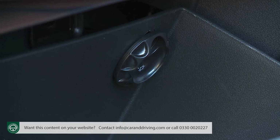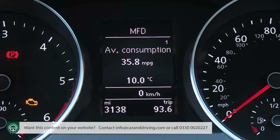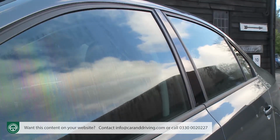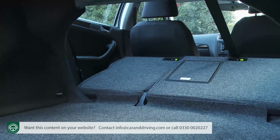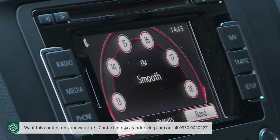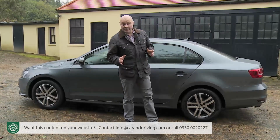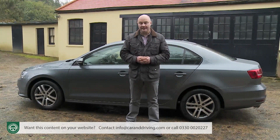And inside there's air conditioning that also cools the glove box and includes a dust and pollen filter. You get a multi-function trip computer, all-round power windows and electrically adjustable and heated mirrors. Now you also get a folding rear seat backrest and a decent quality 8-speaker DAB stereo system with an iPad-compatible aux-in socket. Most Jetta buyers, though, will want to find the extra £1,300 or so to upgrade themselves into the